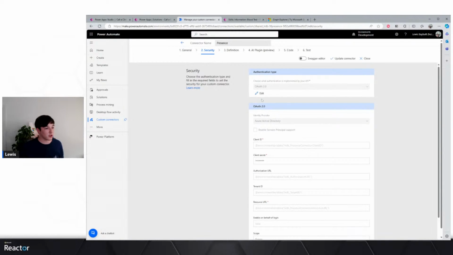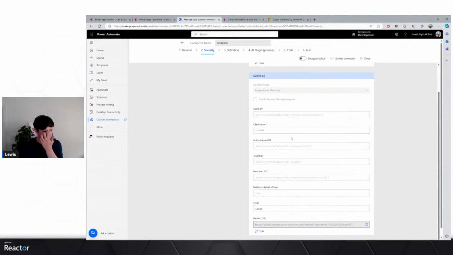So I then work on the security element. I'm again referencing environment variables in this part. I'm choosing to work with OAuth 2.0, where the identity provider is Azure Active Directory or Microsoft Entra ID. And here I'm referencing all of the different parts that I gain out of that app registration. So it's client ID, the secret that I can use to authenticate against it, and the tenant ID. I then have the authorization URL and resource URL that I'm going to use,